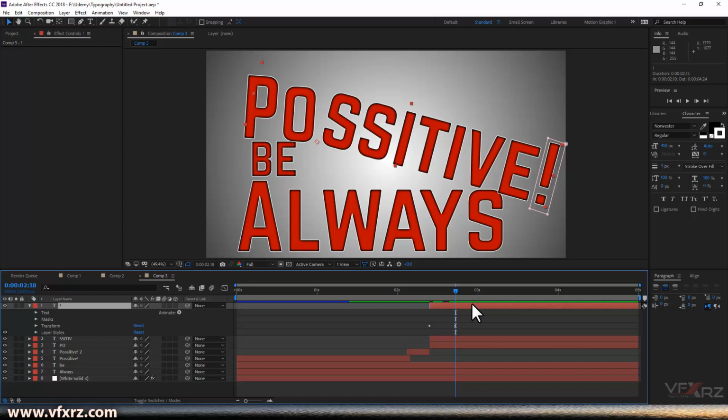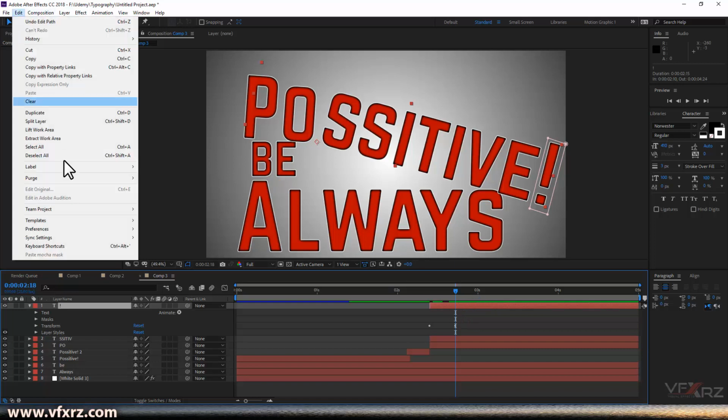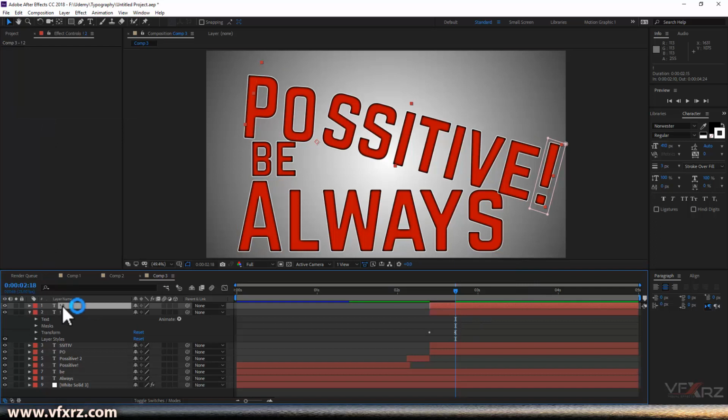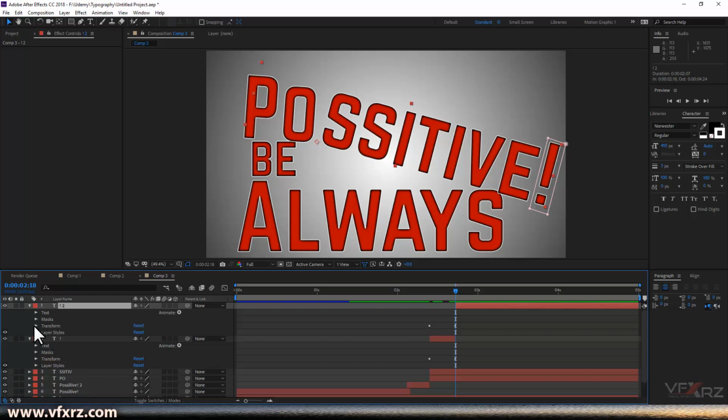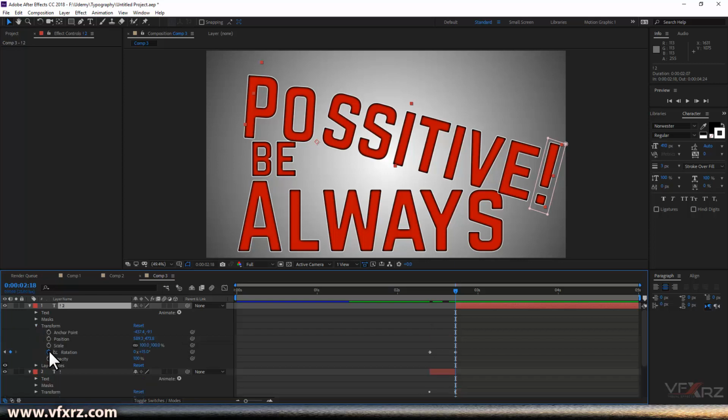For that, just click on that and go to edit, and in edit click on duplicate again for this, and now here we don't need after this indicator because I want to use this, and here we don't need before this indicator. Okay, now here open this group and go to transform, turn off this rotation because I want to change